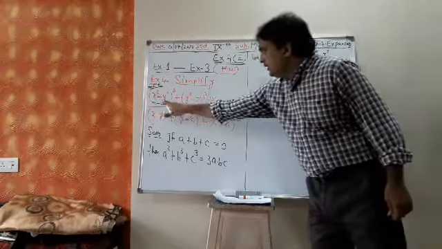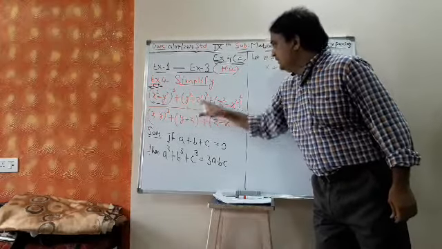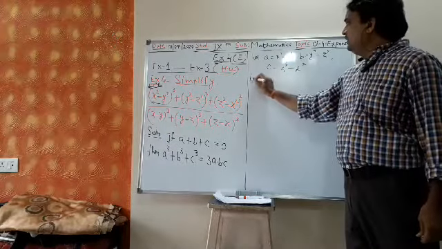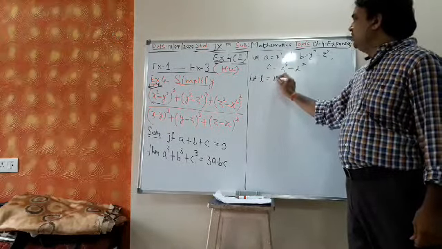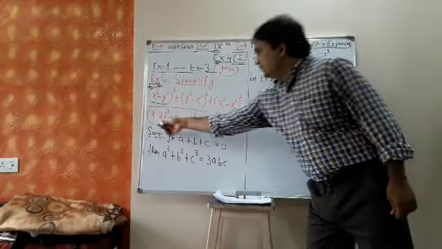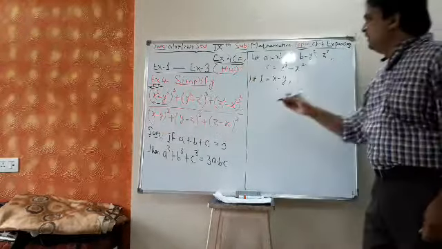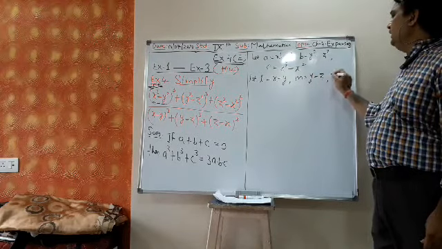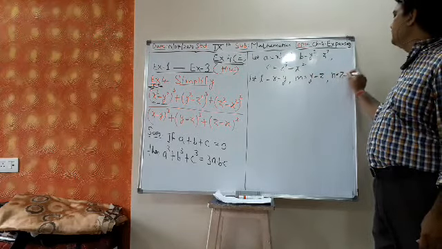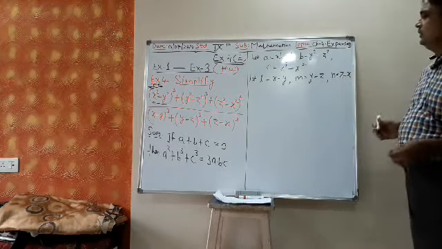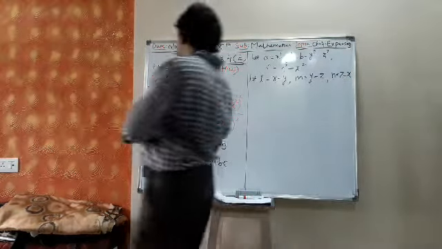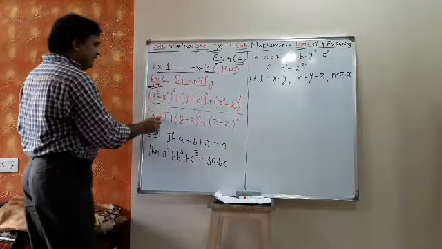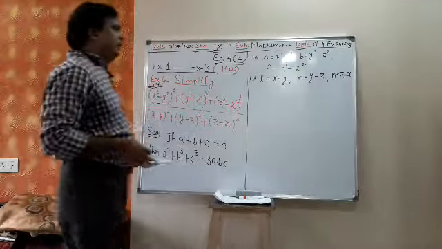So I will take the numerator, this bracket part as a, this as b, this as c. Then for the denominator I will take, let L is equal to x minus y, this bracket part of the denominator, then m is equal to y minus z, and n is equal to z minus x. Numerator a, b, c; denominator L, M, N, and use the same result.